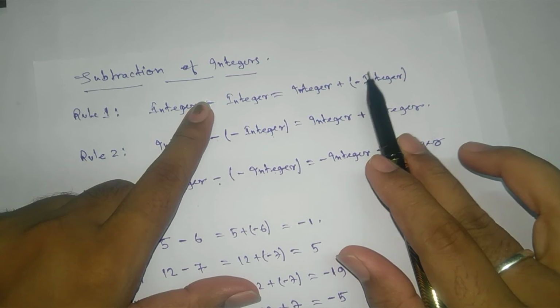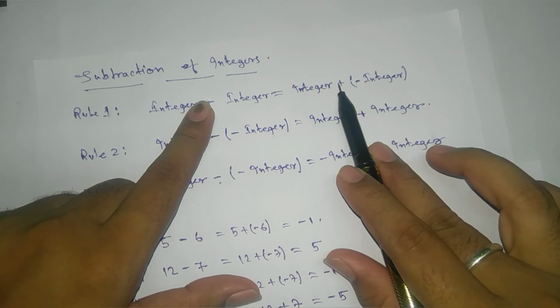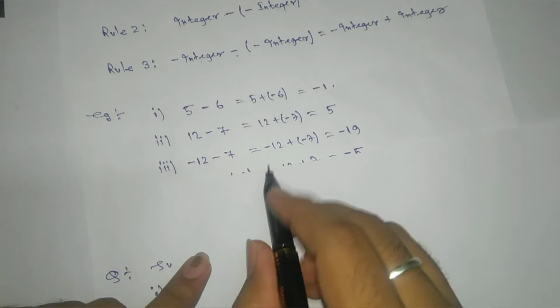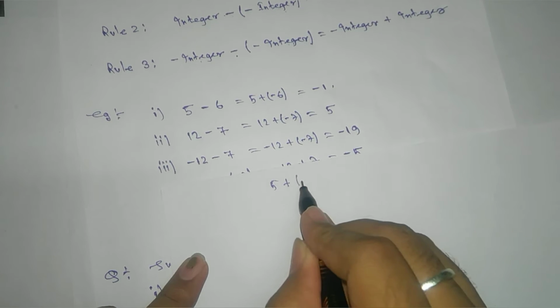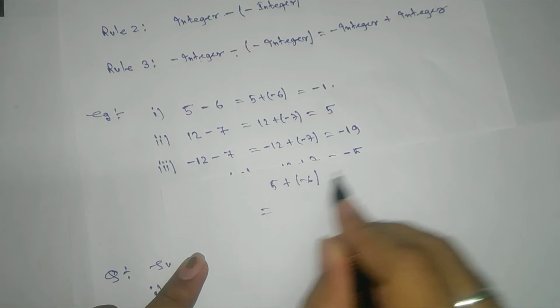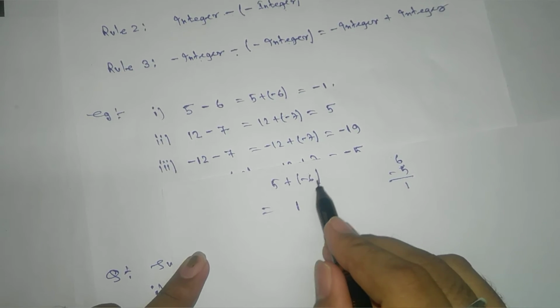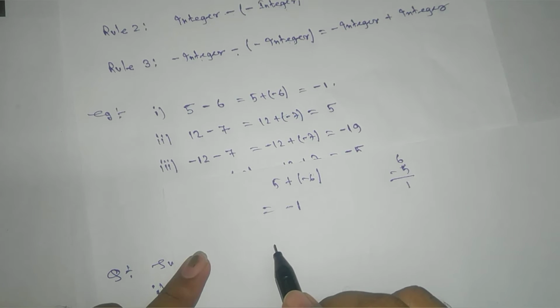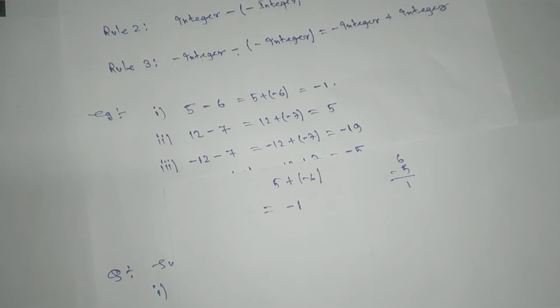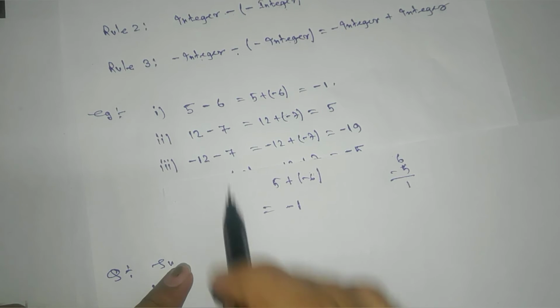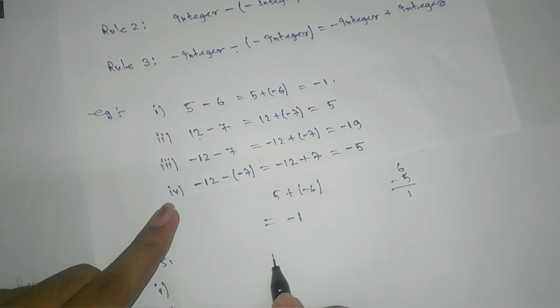That means we can keep our minus inside, and if we add here, then it becomes your old addition law. Like here, if we take one integer and another integer and add, we do subtraction first, like 6 minus 5, we get 1. Now we see which is bigger, 6 is bigger, which symbol is there, minus, so we'll use minus here. That means for subtraction we first convert into addition form, and then we go for the addition rule which we have seen right now. So for example, take another one, 12 minus 7. We write it as 12 plus minus 7.